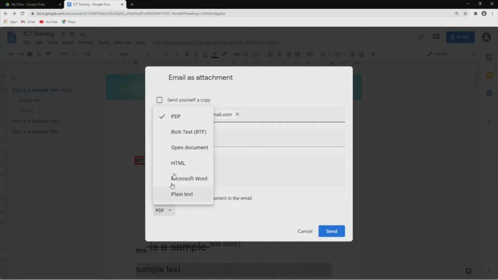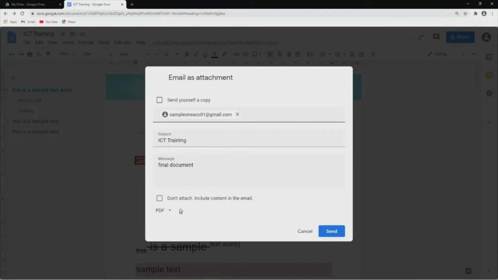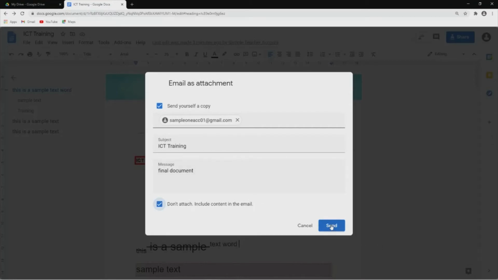you can attach as PDF, HTML, Microsoft Word, or a plain text. So let's just attach it as a PDF. You also have the option to not attach and include content in the email. You can also check that one and hit send. So later in the activity, you will use this function right here after you have finished your activity on your Google Docs. Okay,